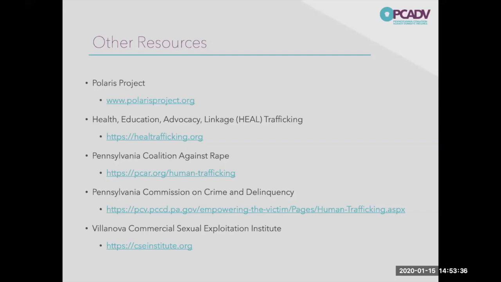And they also have a couple of amazing listservs that you can hop on and get connected to people nationwide who are doing human trafficking education. I can't say enough great things about them. So I encourage you to join that network, download the toolkit, and incorporate a lot of that information.